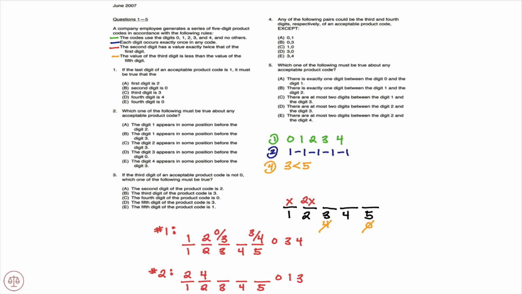And then in option 2, we've already placed 4, but now 3 is the highest digit remaining, so we know 3 can't be third, which means it has to be either 0 or 1, and then the fifth position would be either 1 or 3. And that is the setup for this game. Now that we have this set up, all of our deductions, let's turn our attention to the questions